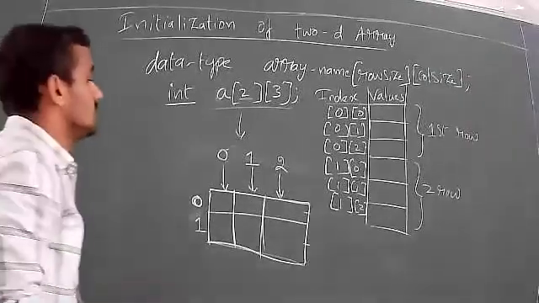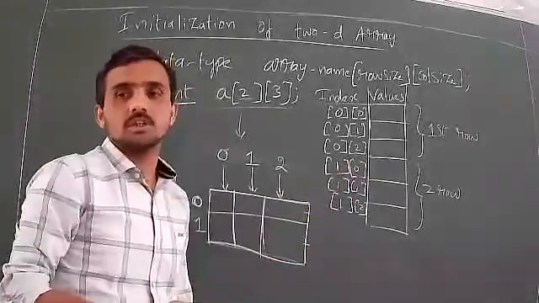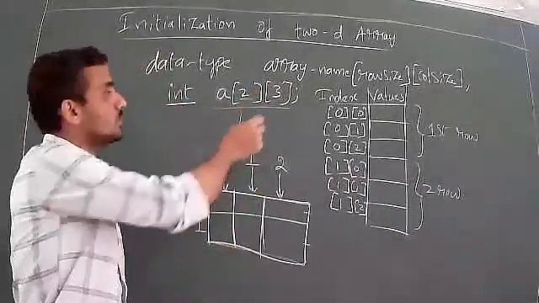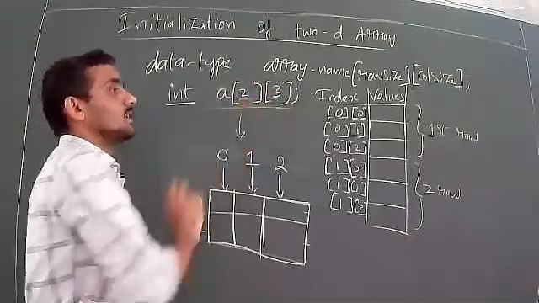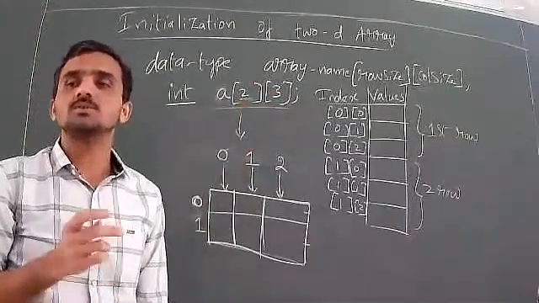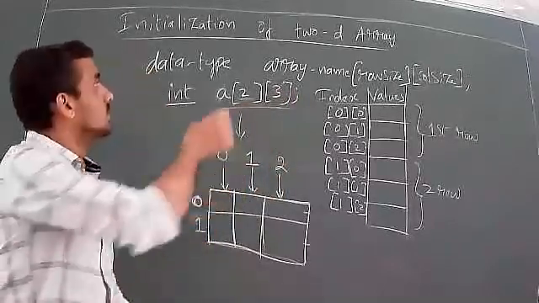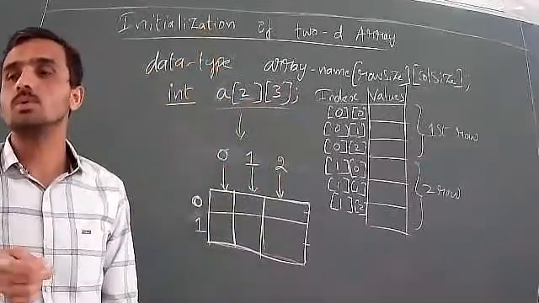So the next thing is, when you write the numerical representation, I will tell you step by step. You see the number of rows and the number of columns. So the number of rows is 2, the number of columns is 3. 2 into 3 is 6. 6 values we can enter. See here, don't directly enter the values. That is the next step. Initialization process, I will tell you how to write the values.